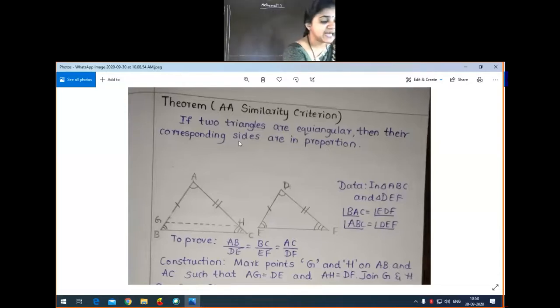One more statement is there, which you can write afterwards. I'll send it in your WhatsApp group. It is in your textbook: if in two triangles corresponding angles are equal, then their corresponding sides are in the same ratio or proportion, and hence the two triangles are similar. In two ways we can write the statement of the AA similarity criterion. In the examination, they may ask the question, define the AA similarity criterion. They will ask the definition for 1 mark. Then you can give this definition or whatever you have in the textbook.